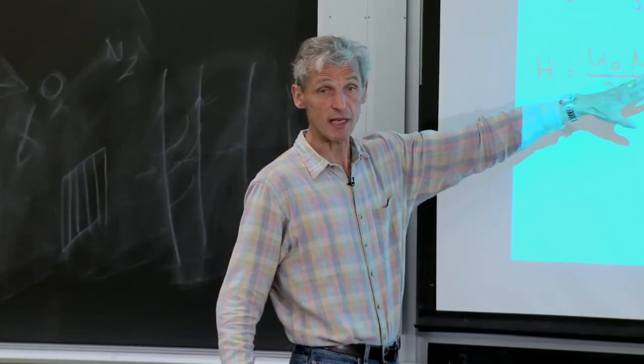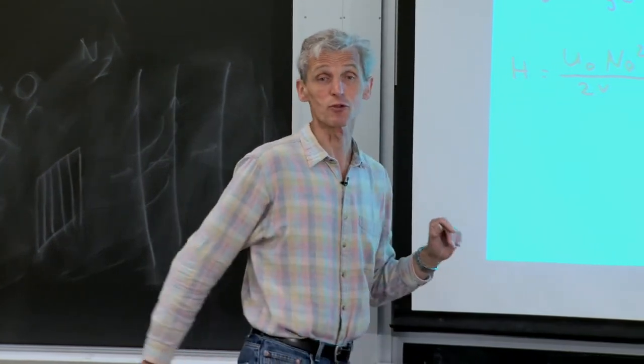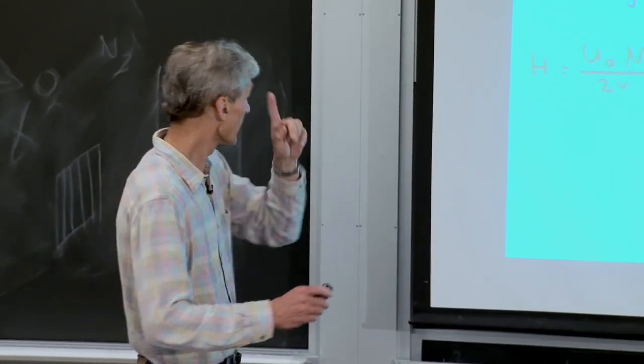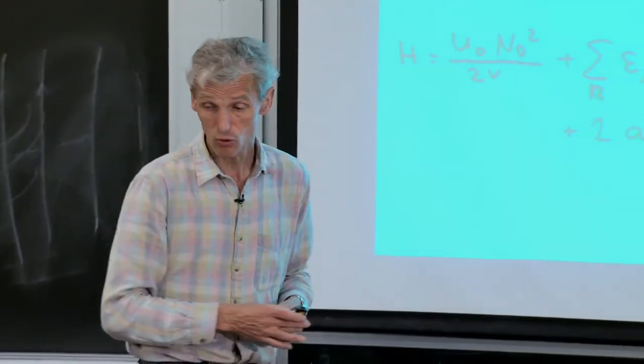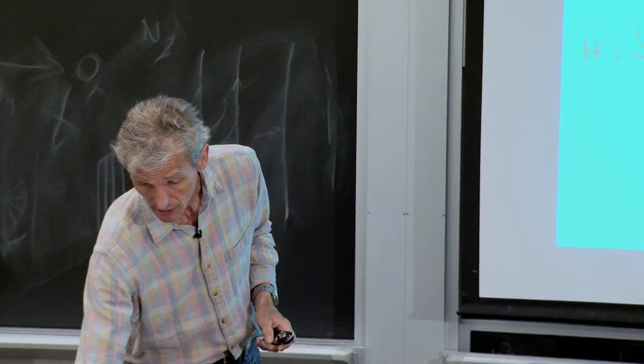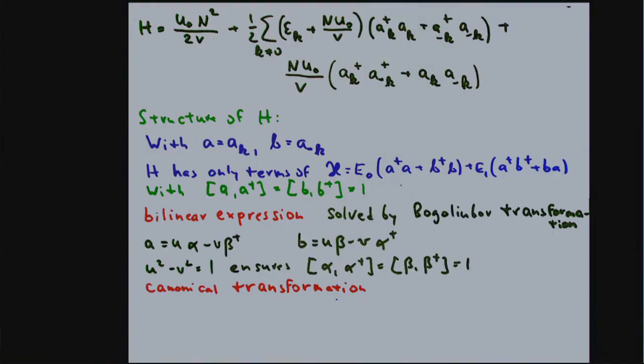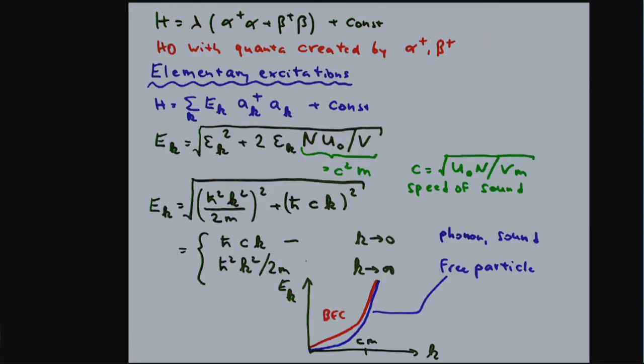So maybe I should emphasize it. This is for atoms what you're used to doing with photons for your whole life. Okay, with that, we have transformed the Hamiltonian into a bilinear expression. And at the moment you have a bilinear expression, you do a Bogoliubov transformation, you simply diagonalize it by finding a new set of operators where the cross term between a of k and a of minus k disappears, and then you have solved it. And this is what we arrived at the end of the last lecture. With those approximations, we have diagonalized the Hamiltonian.